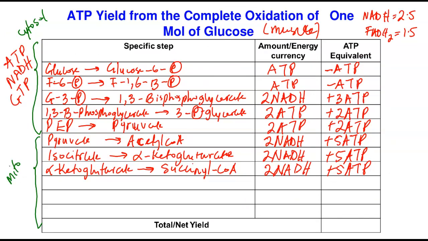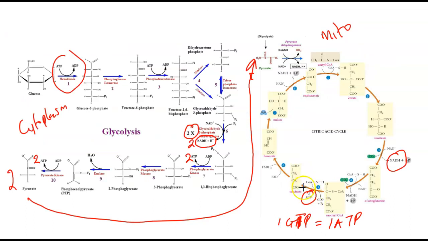So what that simply means is that succinyl-CoA going to succinate generates 2 GTP, and each GTP is equal to 1 ATP, so we're going to have plus 2 ATP as well. And then we go back and see what happens next. Here, succinate will be converted to fumarate. Here we generated FADH, and because it's 2, we're going to say 2 FADH.